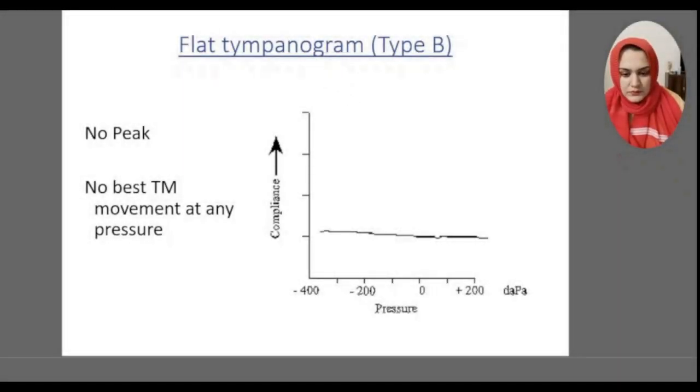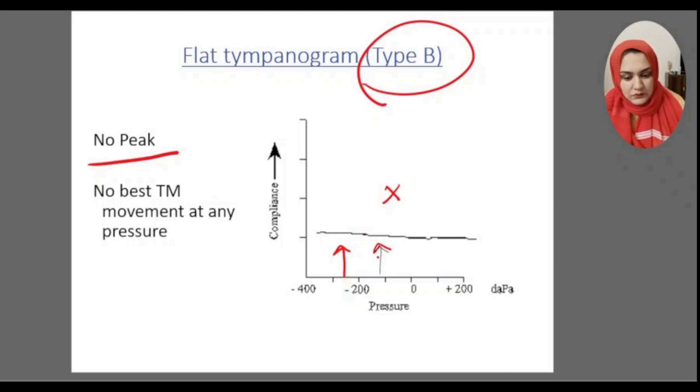Now let's come to the flat tympanogram or the type B tympanogram. In type B tympanogram or flat tympanogram, you can see that there is no peak. And you can see that there is no movement of the TM, no best TM movement at any pressure level, neither at the negative pressure levels nor at the positive ones. So flat tympanogram actually means two things. One thing is either there is fluid in the middle ear,